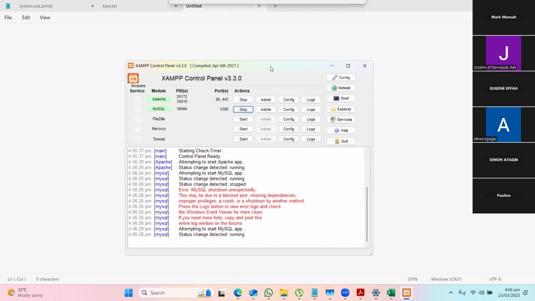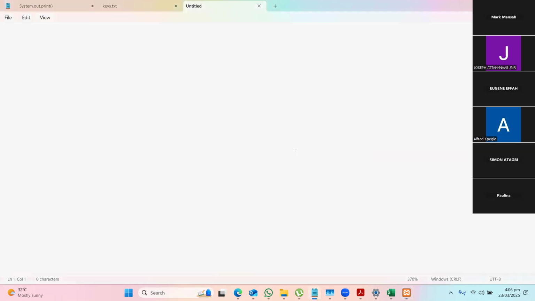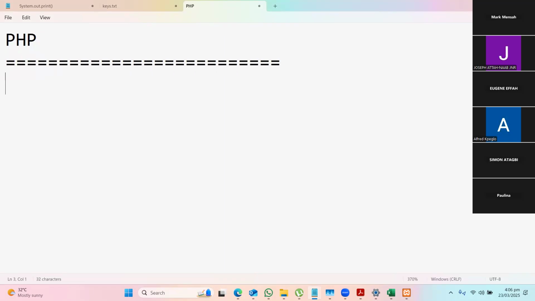So this is the first thing I require in order for me to start doing any work. If I don't have these two things on, I can't do any work. So now that these two things are on, in here, we're going to start our lessons on the PHP by learning what PHP is. PHP is a server-side language, which means that the compilation process of PHP occurs on the